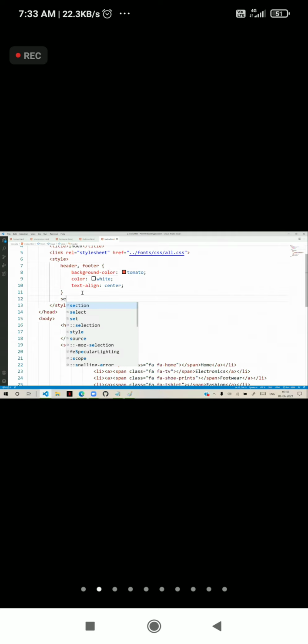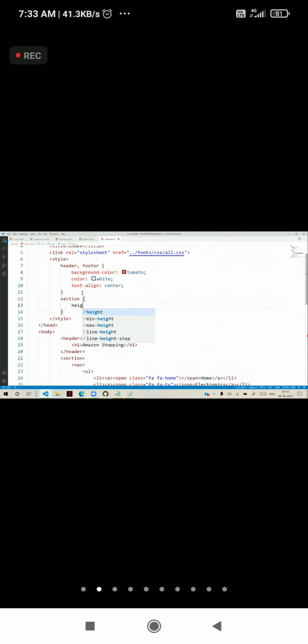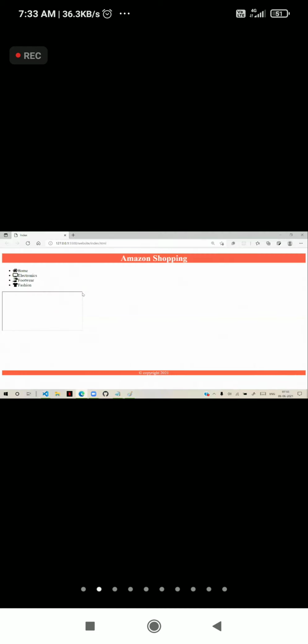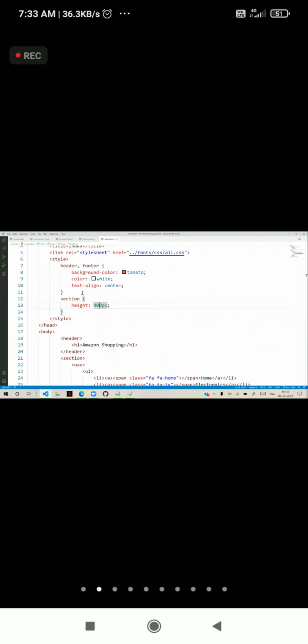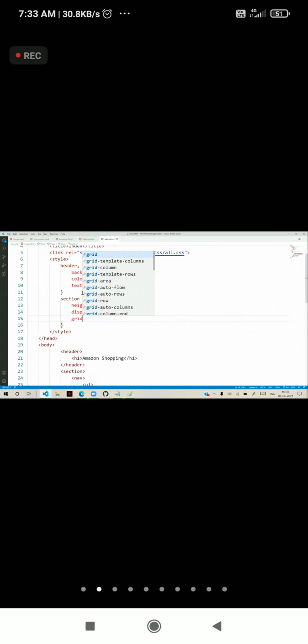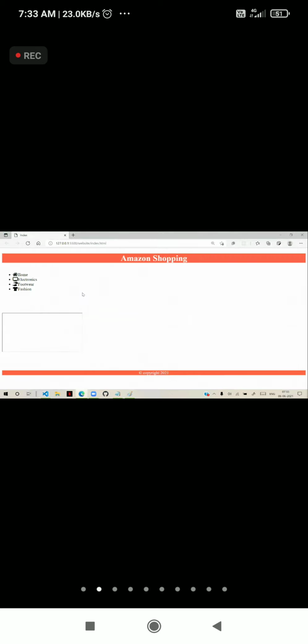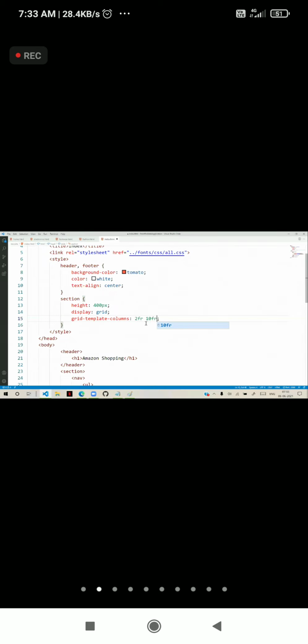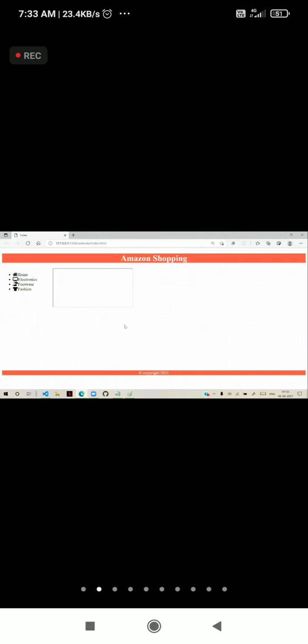Now for the section I am defining height as 400 pixels. So the height will increase, and in the section I will define display as grid, and grid template columns, 2 fractions and 10 fractions, so we are displaying them side by side.